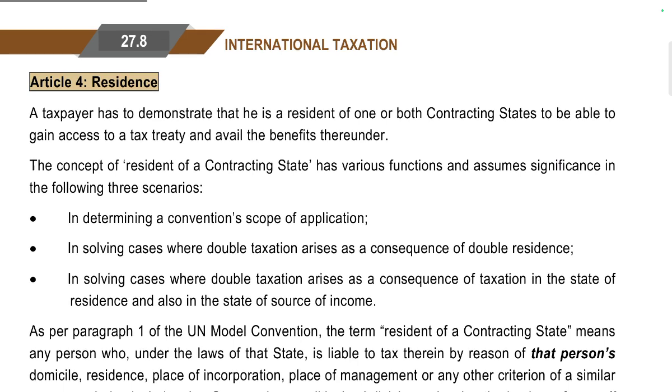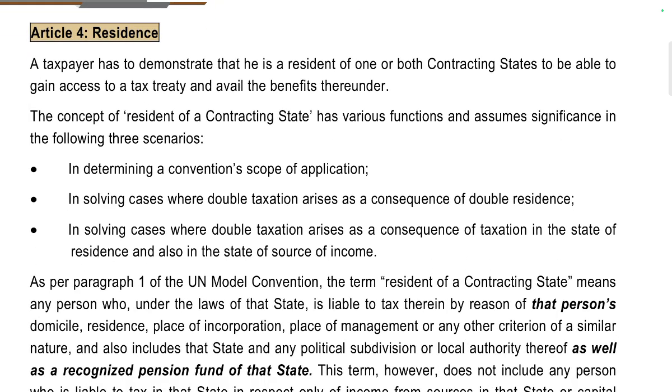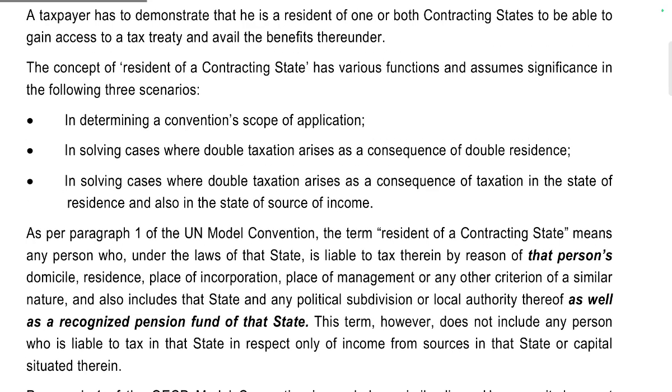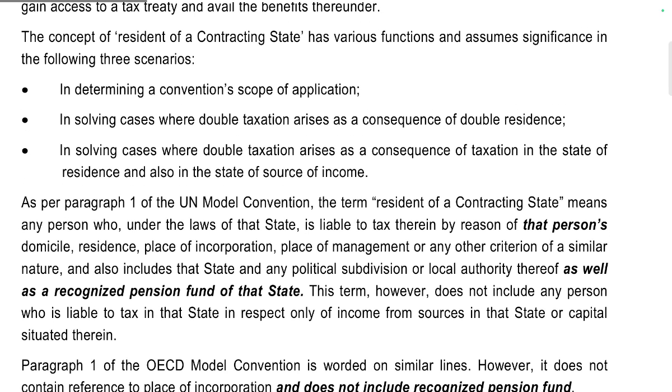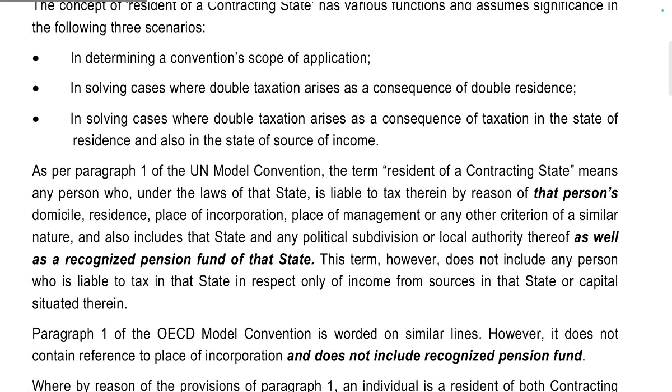Tax residence. The taxpayer should demonstrate that he is a resident of one or more of the contracting states in order to gain access to the tax treaties and avail the benefits thereunder. The concept of residence in the contracting state has various functions and assumes significance in the following three scenarios: in determination of the convention's scope of application, solving cases where double taxation arises as a consequence of double residence, and solving cases where double taxation arises as a consequence of taxation in a state of residence which is also a state of source